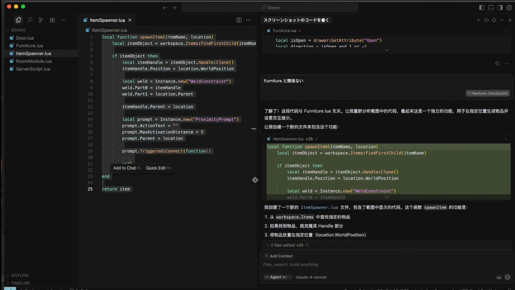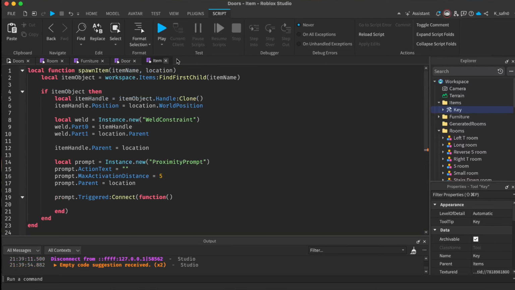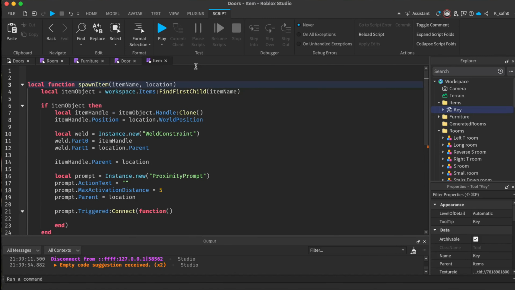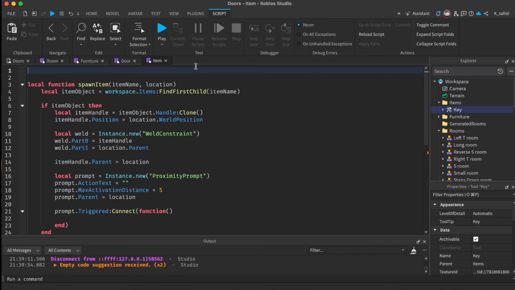Yes. And copy this to here, and this is a little different, so let me put back this log item